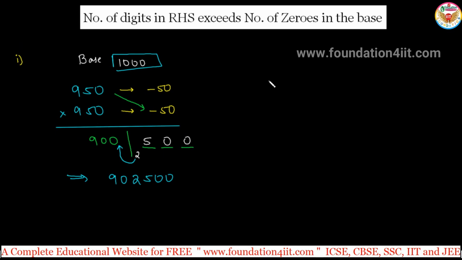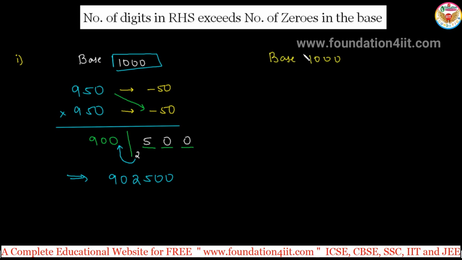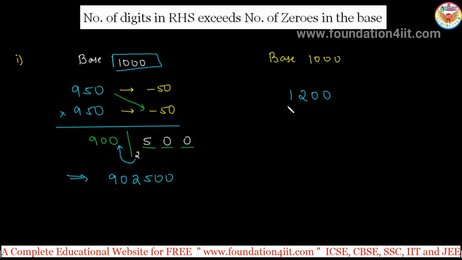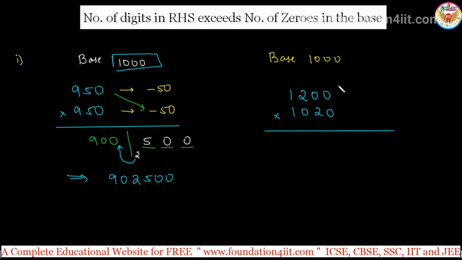See one more. In case it is more, like the same base 1000, the problem is 1200 multiplied by 1020. In this case, both numbers are near to the base 1000. The first number is 200 more, so plus 200, and this is 20 more compared to the 1000. Then as per the rule, 20 into 200. Actually 1000 is the base,